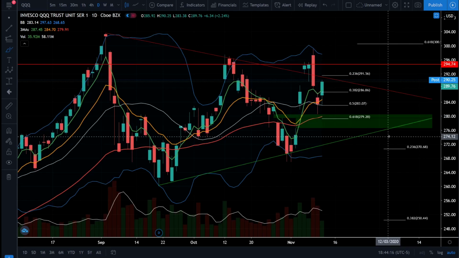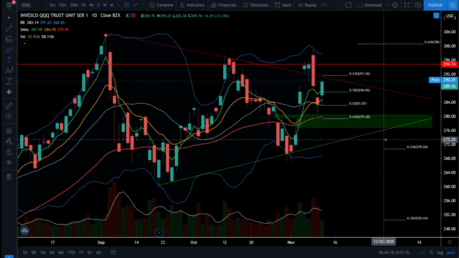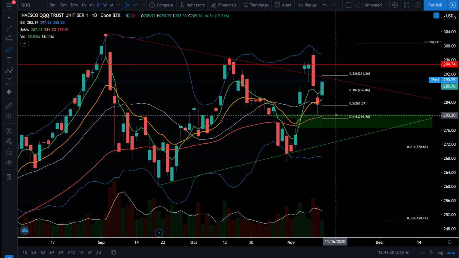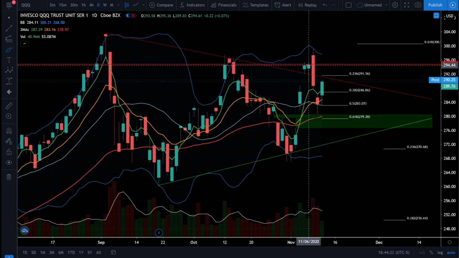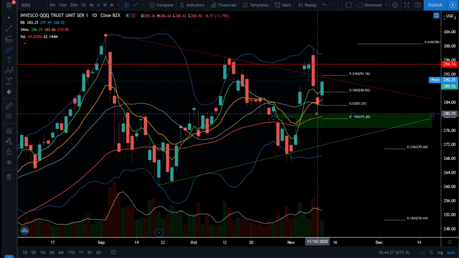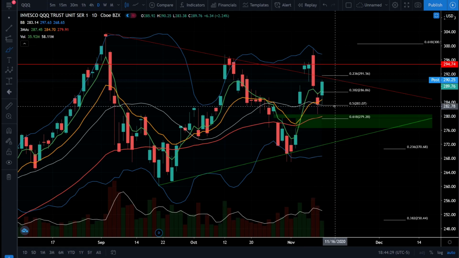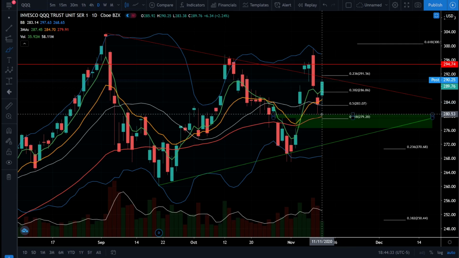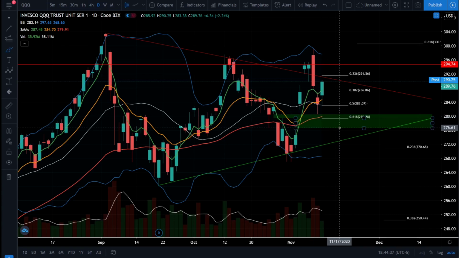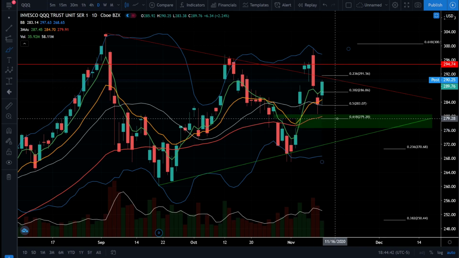Next up is the Nasdaq 100 QQQ ETF, and we see the Nasdaq 100 is in a slightly different scenario because we already did get that pullback on the Nasdaq that we're waiting for on the S&P 500. The Nasdaq 100 QQQs came well below the 0.5 Fibonacci retracement level at 283, and we started squeezing the gap down here at $280. Now the gap on the QQQs ETF won't close till a price target of 276, and the 0.618 Fibonacci retracement would have taken us down to 279.